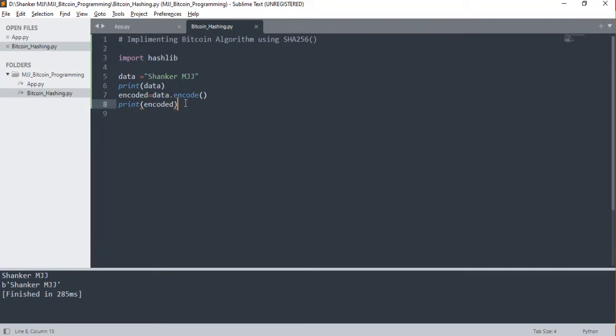Now, next, I want to do the hashing for the encoded data. With the help of hashlib, with the algorithm called SHA-256, I will hash the encoded data. Then I will store this result in a variable called result. Okay. Next, I want to print the hexadecimal equivalent of the encoded string. For this, I want to print the Bitcoin hashing value